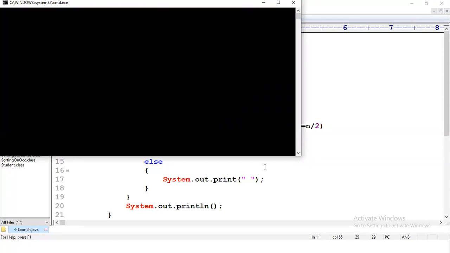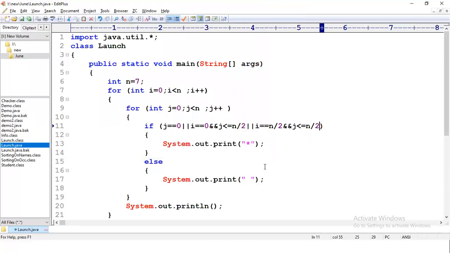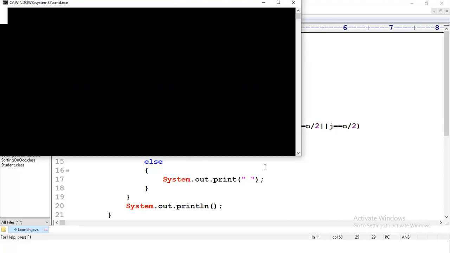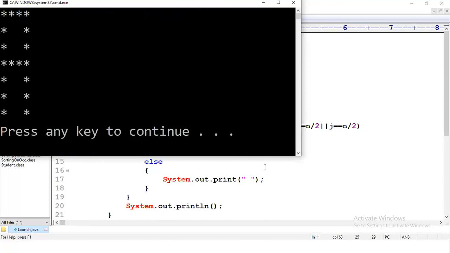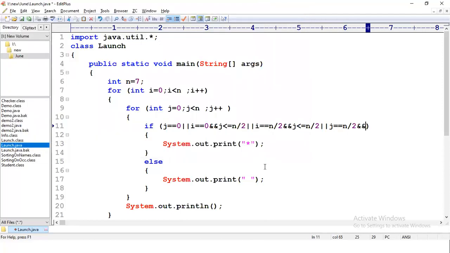See, we got that line. Then you want to print that line. You will tell the OR operator. You will tell j is equal to n by 2. j means column. Column means the middle column. You are telling, I don't want the first column, I don't want the last column, I want the middle column. So you'll get the complete middle column like this. You'll tell, hey, I don't want complete. So AND operator. It should be the first half of the row, not the second half of the row. First half of the row is i is less than or equal to n by 2. Okay, this is the first half of the row.